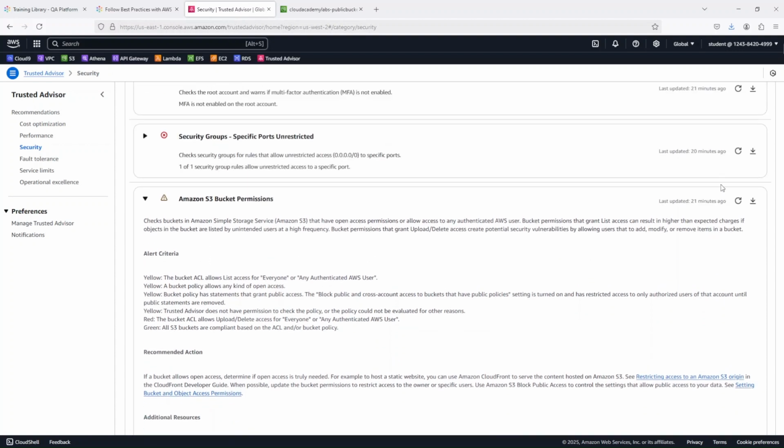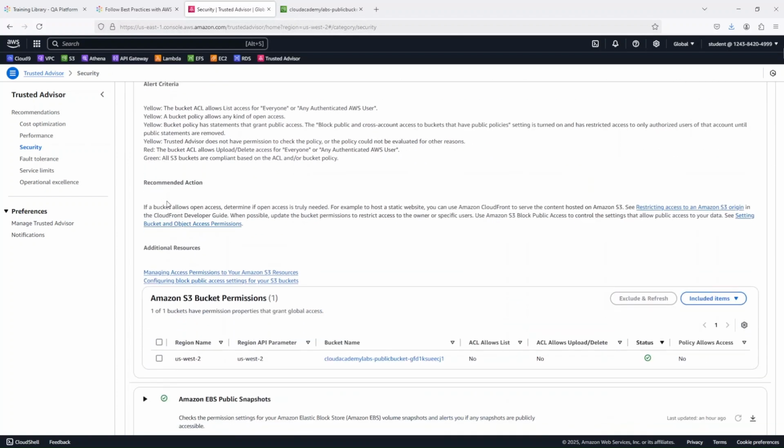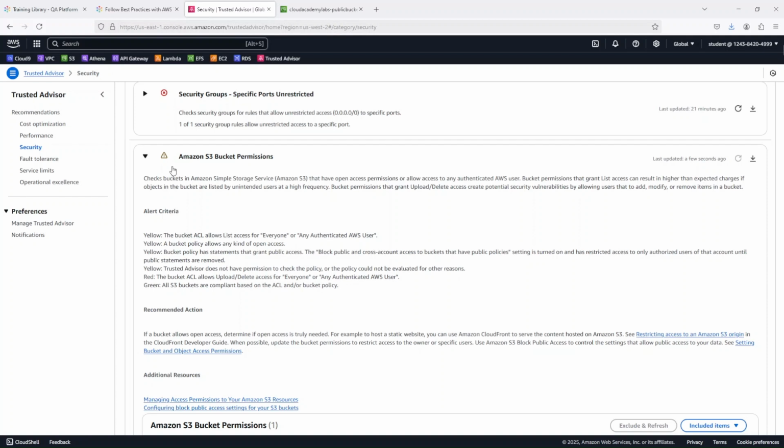Let's refresh the check over here. It's checking now, and we expect after the check completes to see here a green check mark. Okay, here we have status in green, and here